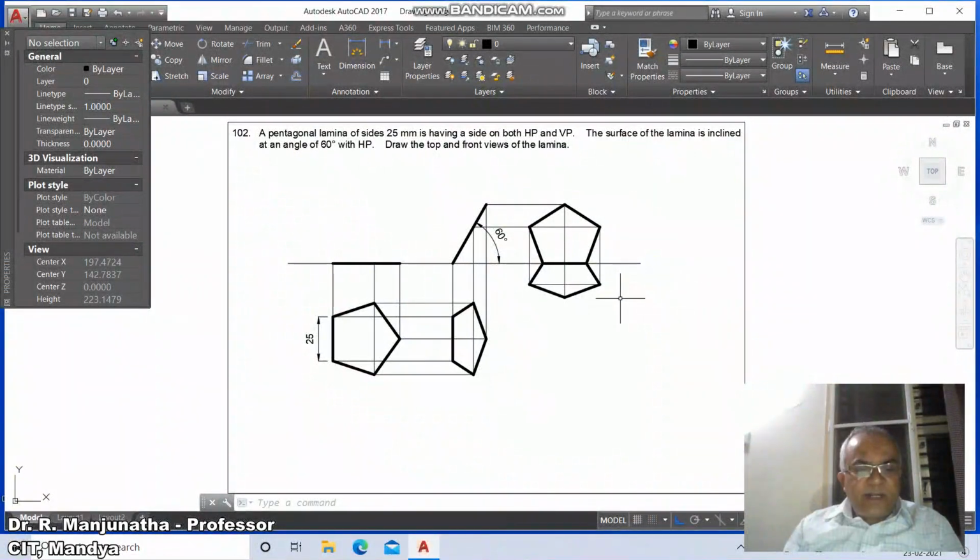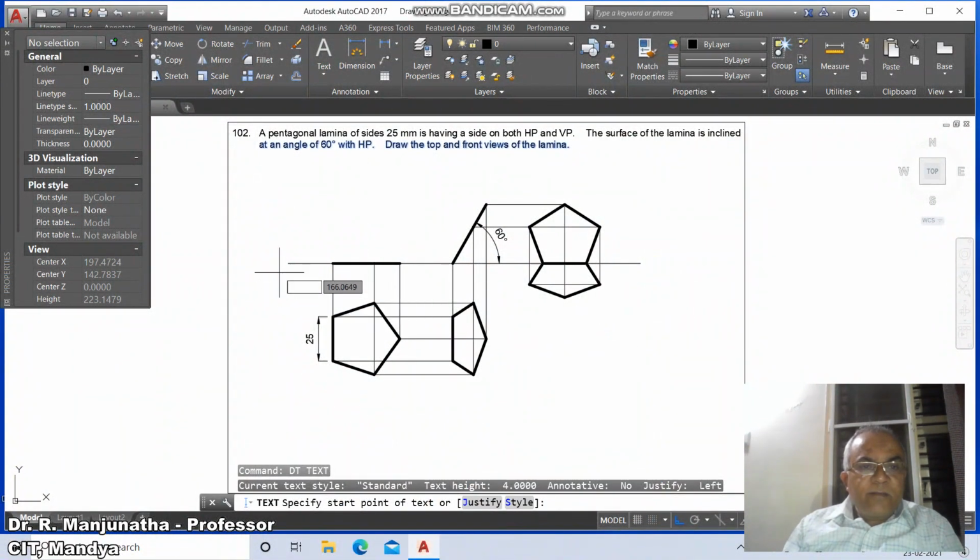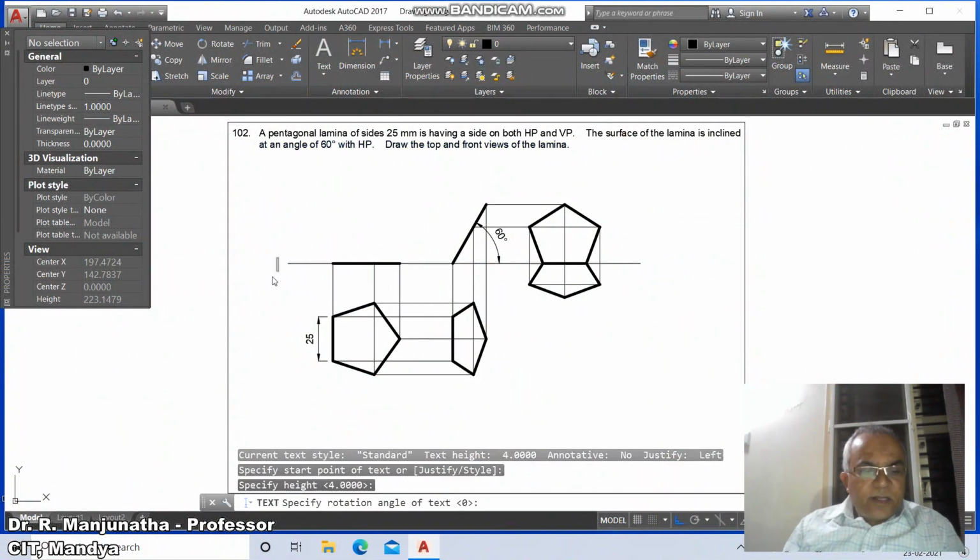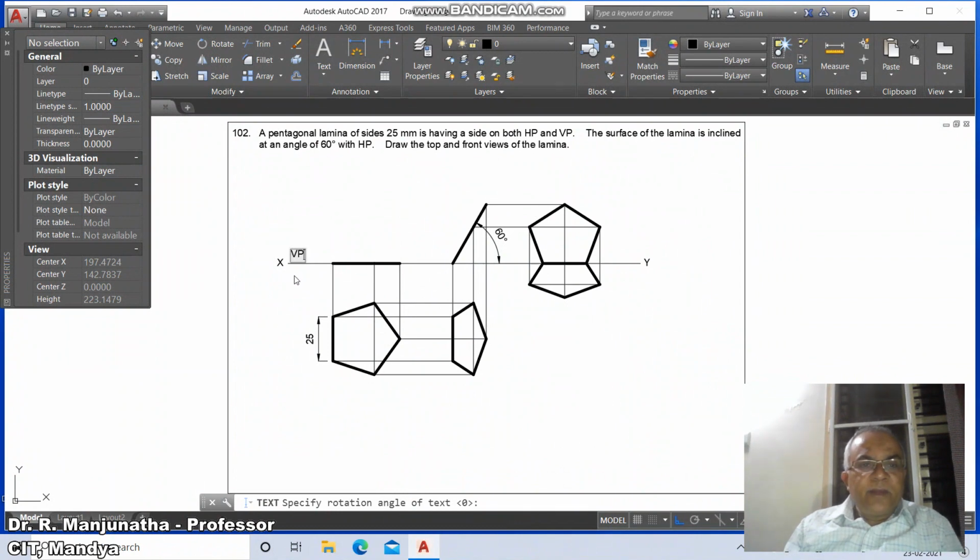For dtext, here mark this as capital X, and you mark this as capital Y, this as capital VP, and this as capital HP, and here you write it as small a, b, c, d, e, and here A dash, here it is B dash, here it is C dash, here it is D dash, and here it is E dash.